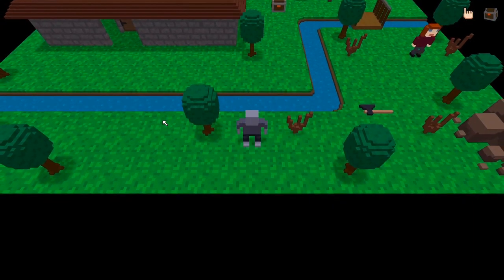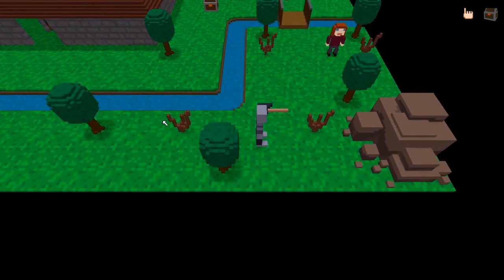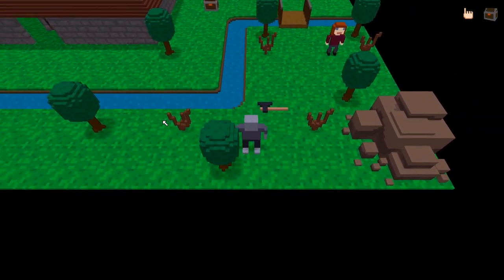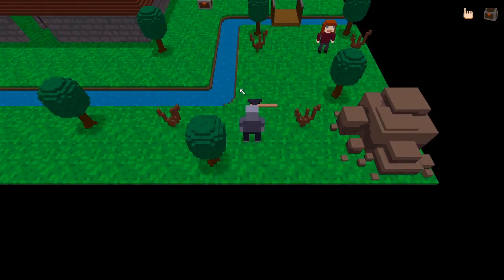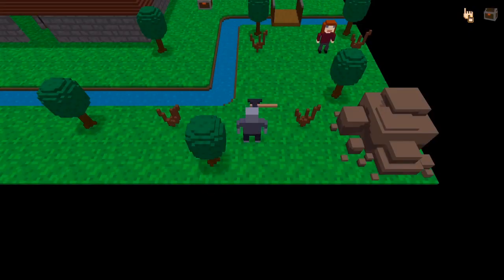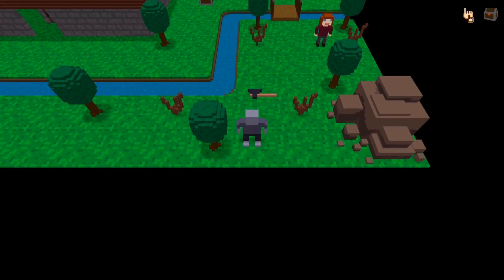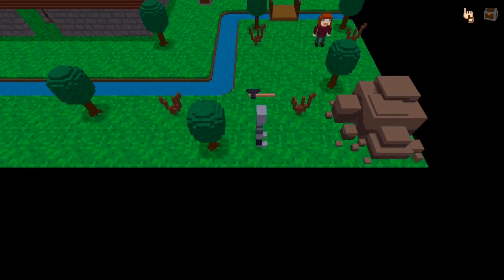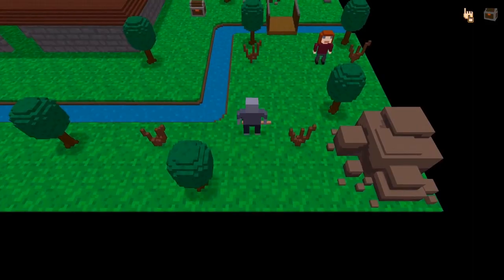So here we are in game, and for some reason it's on free movement. Oh, I think I did change that, didn't I? So this is the tool item UI. Okay, now currently if I click on that, nothing happens because I don't have anything in my inventory. I don't have any tools in my inventory. So I'm left clicking on the hand symbol, but it's not doing anything. Okay. Now if I walk over the axe,